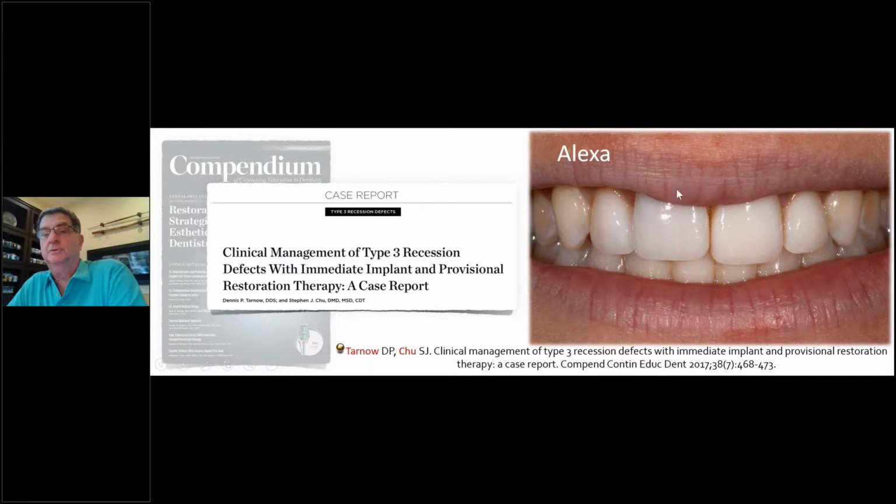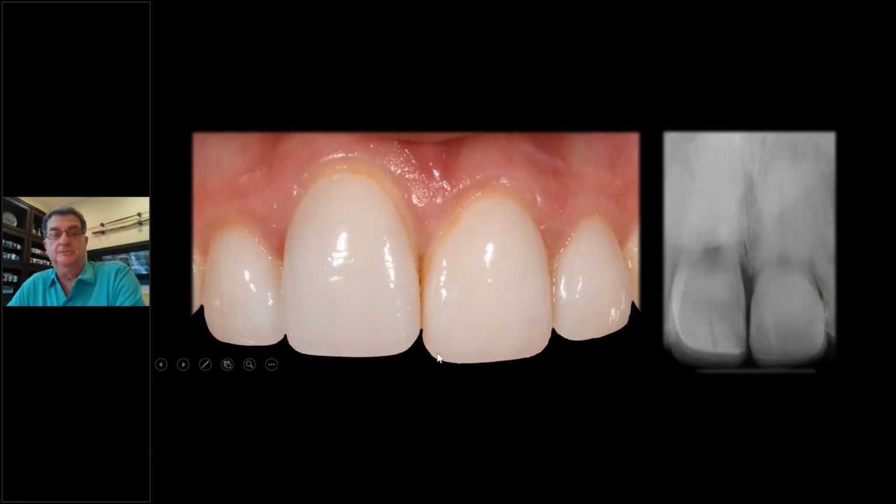What she came in for, she couldn't stand the fact that this tooth was ankylosed. She didn't know that term, but it wasn't moving, and this tooth was much longer. So it bothered her. She's a nice young woman. And here you see the difference. So this was her chief complaint, that this was not coming down, and there's a reason. You see the resorption taking place internally, and then it perforated through and was ankylosed.